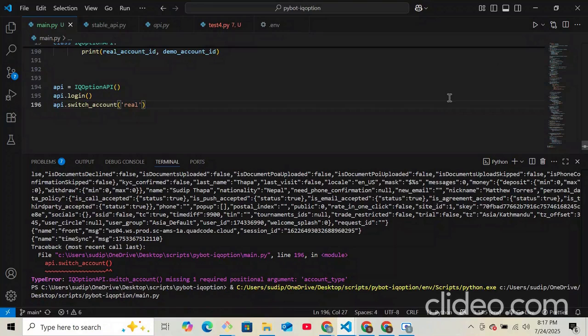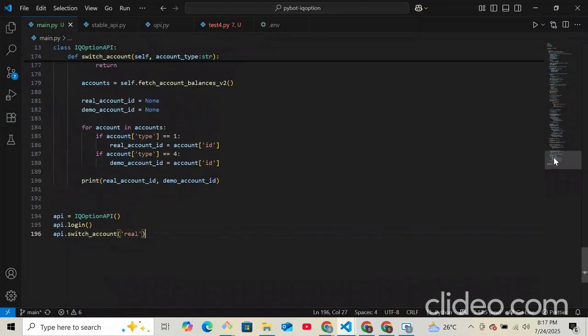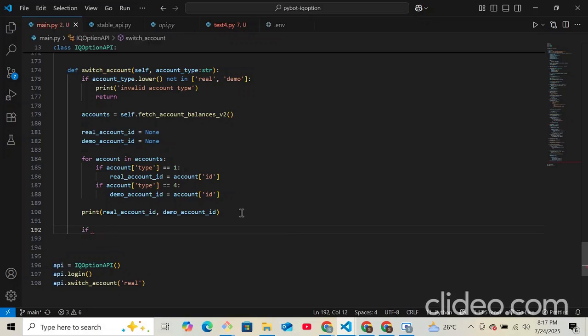Okay, so rightfully so, this is the real account ID ending with 93, and this is the demo account ID ending with 94. So far so good, getting what we're trying to get, right? So next thing that can be done is, now if account type dot lower, this lower converts letters to lowercase. Okay, if account type dot lower equals real,